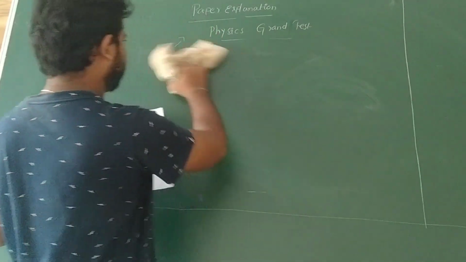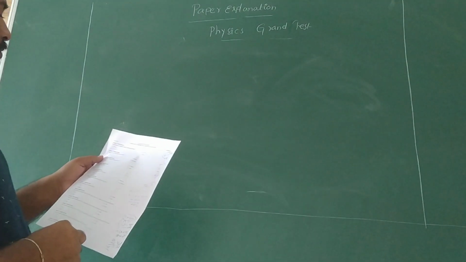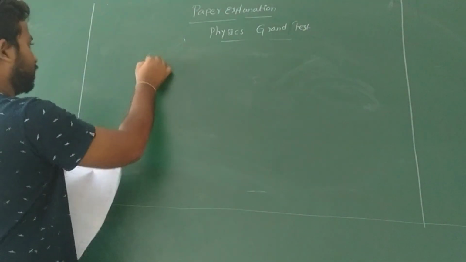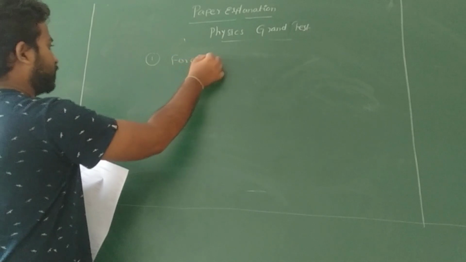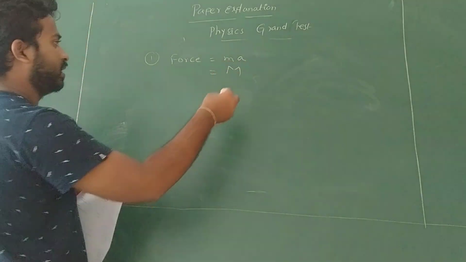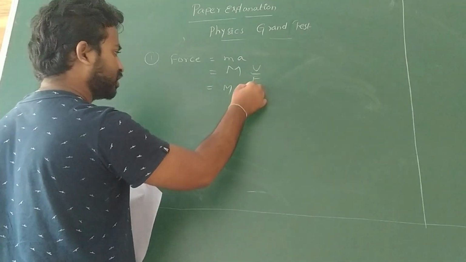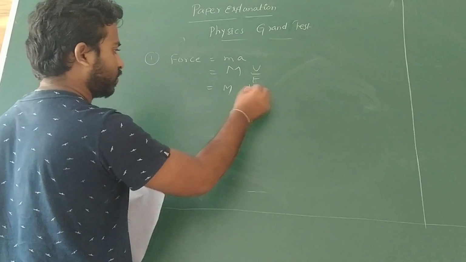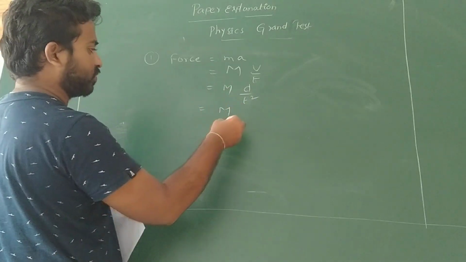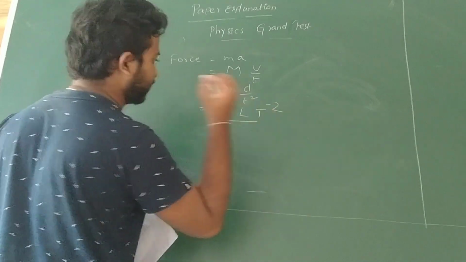And see the second question. The dimension of kinetic energy is the same as that of which quantity? So we just have to apply the elimination process here. They have given 4 options. First we do force. Force means what? Mass into acceleration. Mass means dimensions, capital M. A means actually velocity by time. So again M, velocity means what? Displacement by time. So then it is T square. Then M into displacement means dimensions L. Then it goes to numerator, means it is M L T power minus 2.